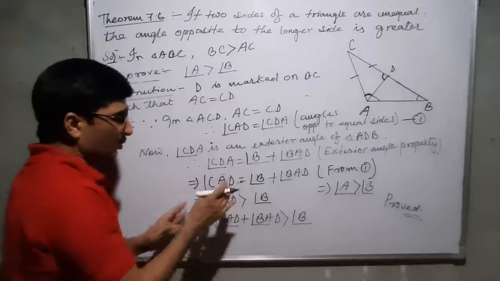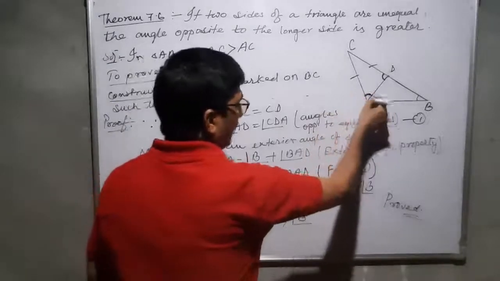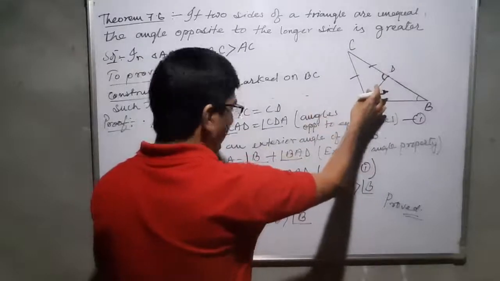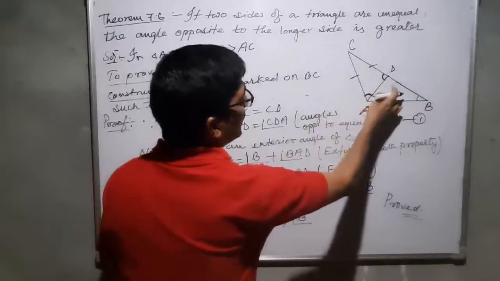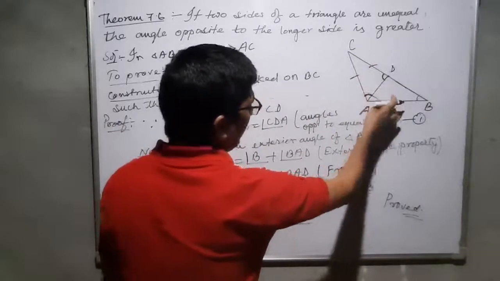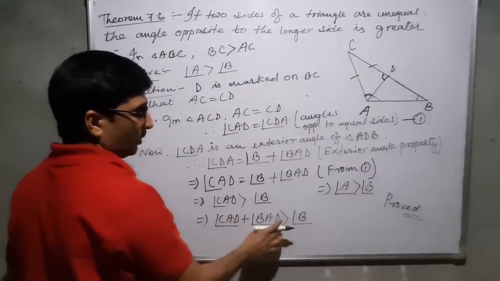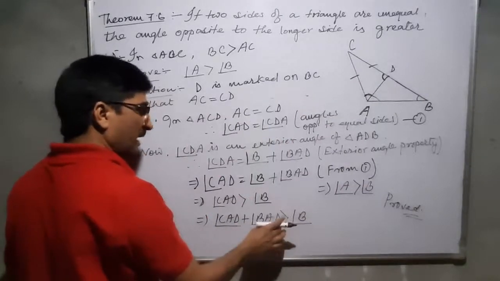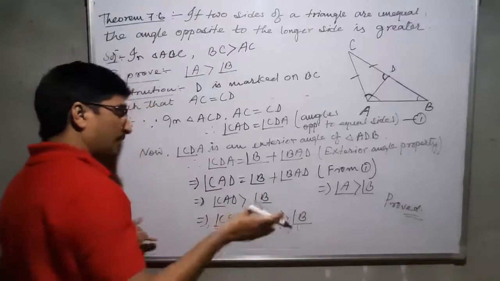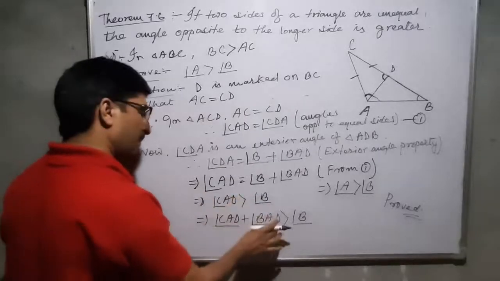Something I add. So what do I want? I want to make this whole angle, this angle A. So here we have CAD. If I add this angle also here, then this angle becomes CAB, which means angle A. Now what I have done here is added BAD to CAD. Why have I added BAD? To make angle A. Now since CAD is greater than B, whatever you add here, it will remain greater than B. So in CAD we have added BAD.